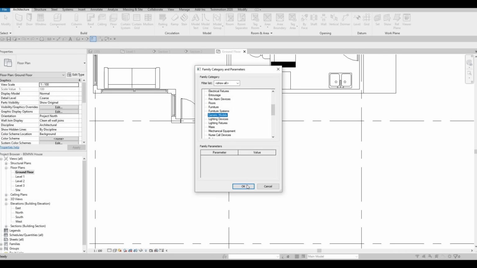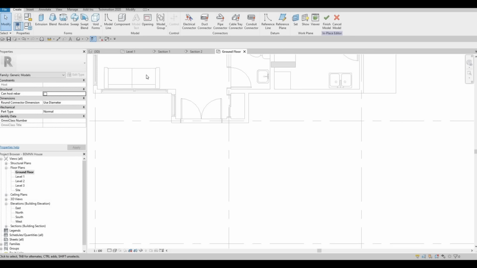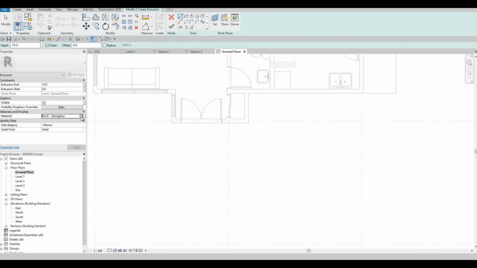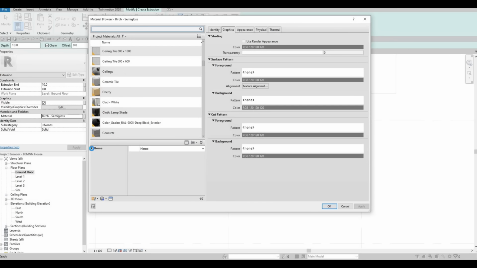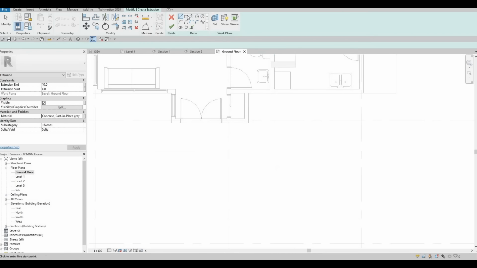So generic model, press OK, and then from here I want to change this a bit. So extrusion, change the material. I'm going to do concrete, one of the concrete right here, and then pick line,